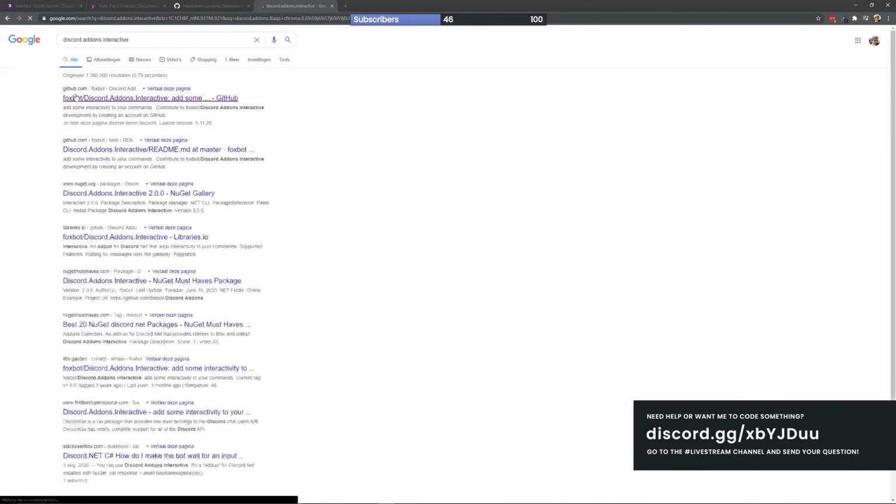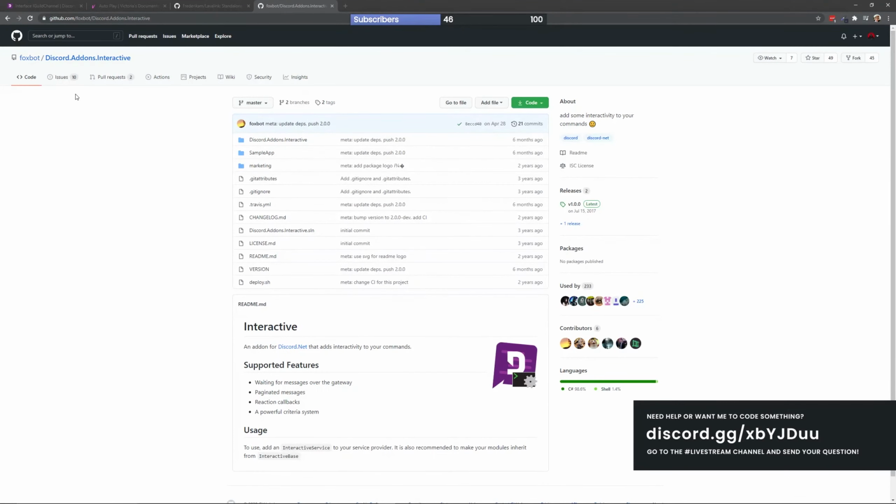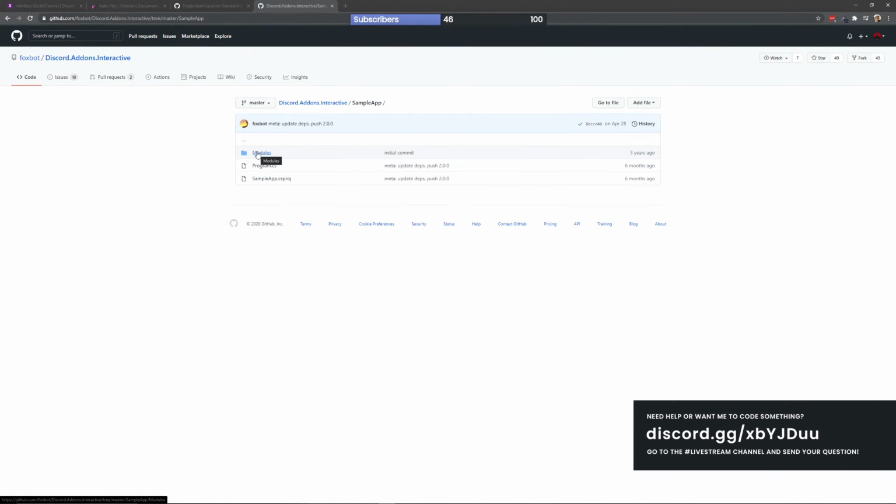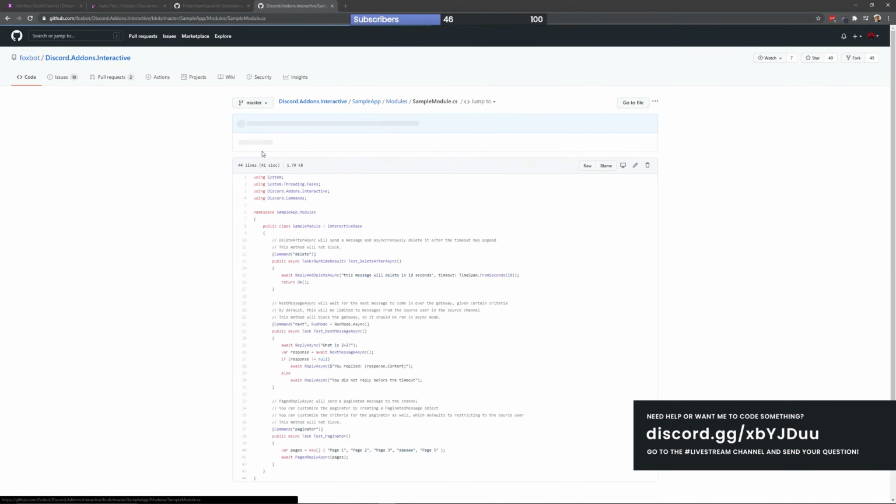Discord.Addons.Interactive. And it's made by Foxbot, the same developer that made the Discord.net library. And basically the features that it has is waiting for messages over the gateway, paginated messages, reaction callbacks, a powerful criteria system. Sounds difficult. I promise you it isn't. If we go to the sample app, there are some basic things that is already programmed, which you can also see. If we go to modules and then the sample module,